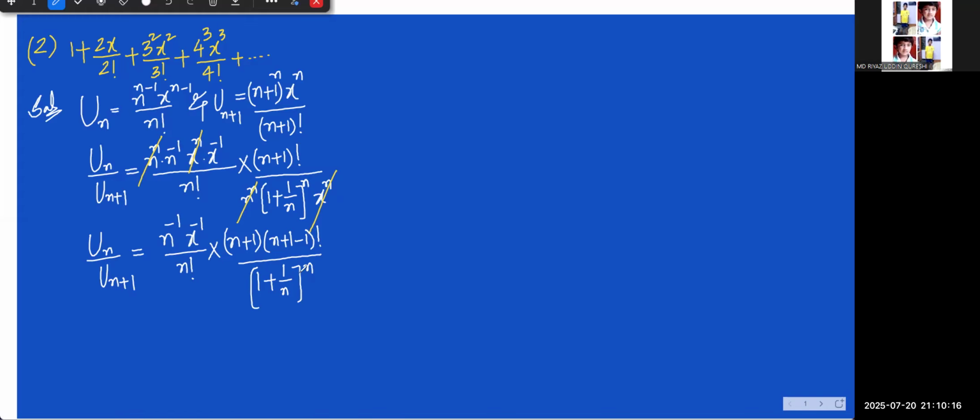Now if you notice, one more time some of the terms are cancelled. Plus 1 minus 1 cancel, n factorial cancelling with this n factorial. Next step is